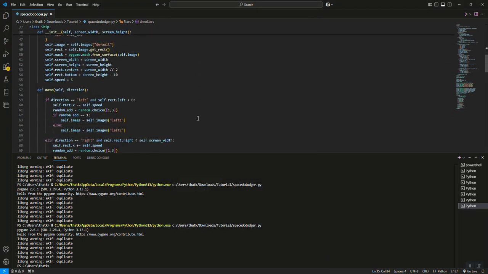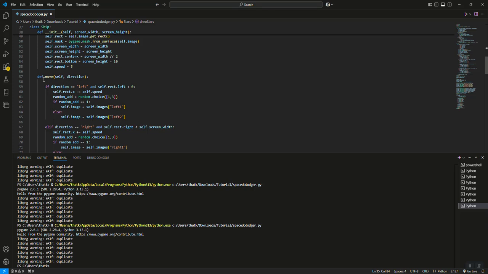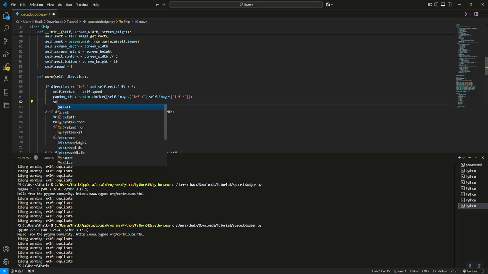The other thing is I wrote this most convoluted code in the move, and basically I'm doing duplicative work. I'm doing a random here, and then I'm doing an if else here. When truth be told, I can actually do this. I can take my self image as left 1, and I'll replace the 1 here. I take my self image as 2 and replace the 3 here. And then all I have to do is replace this entire if else with self